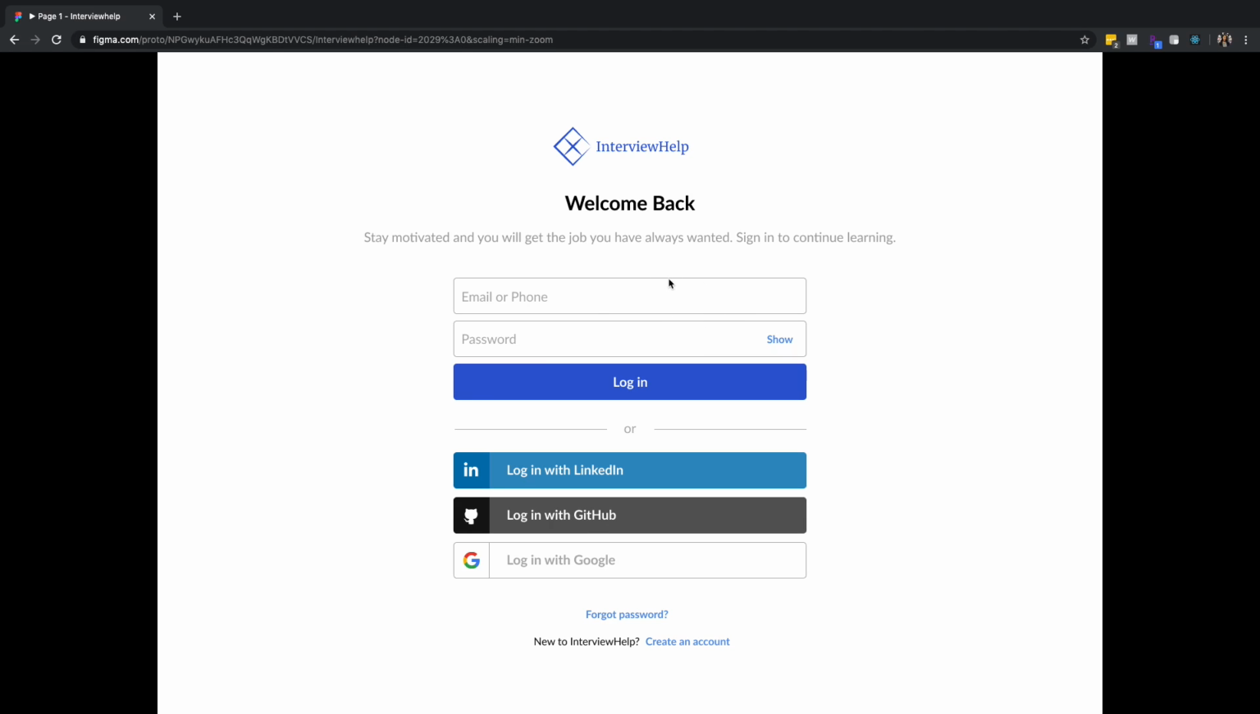This is a sign-in page. The user can enter their email or phone and password, or they can log in with their LinkedIn, GitHub, or a Google account. But let's say you're a new user. You want to create an account. You click here at the bottom,